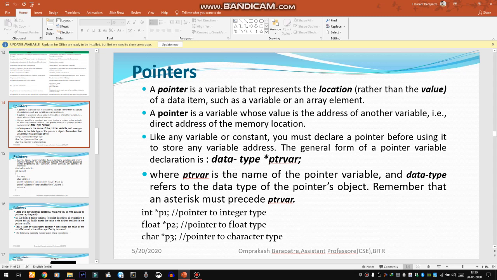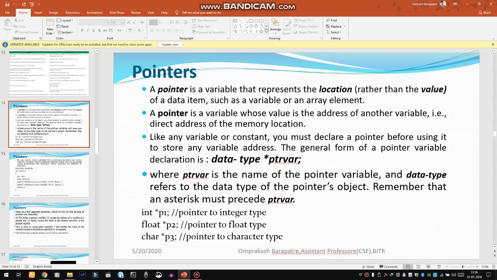For that purpose we use the following syntax: the data type, then the asterisk sign and the name of the pointer variable. Here ptrvar is the name of the pointer variable. The data type refers to the data type of the pointer's object, and this pointer variable can hold the address of another variable.